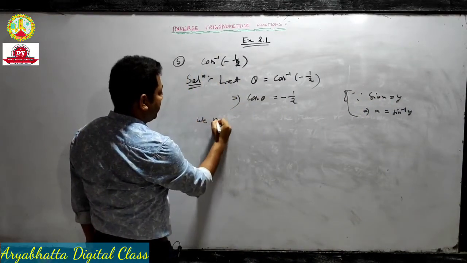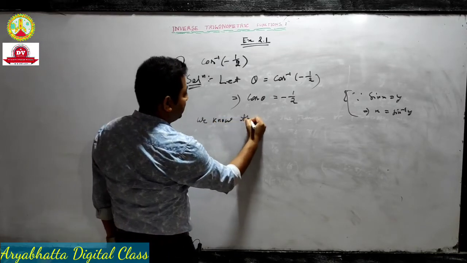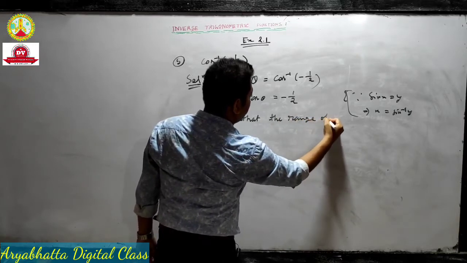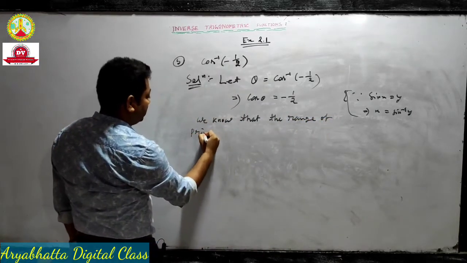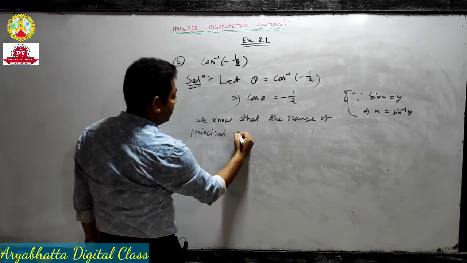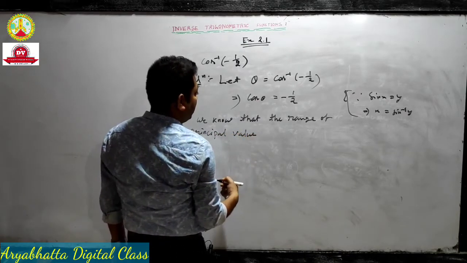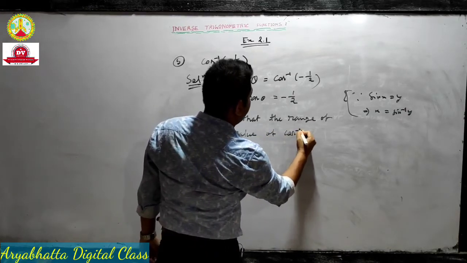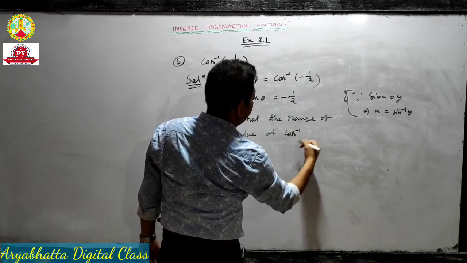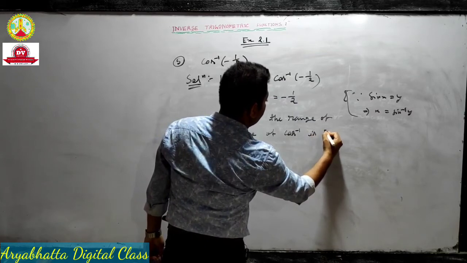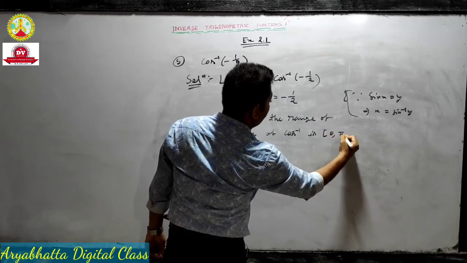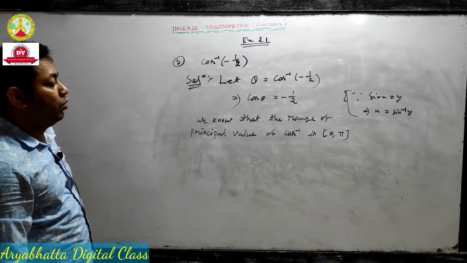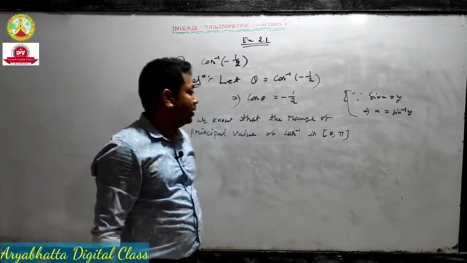We know that the range of the principal value of cos inverse is the closed interval 0 comma pi. Therefore,